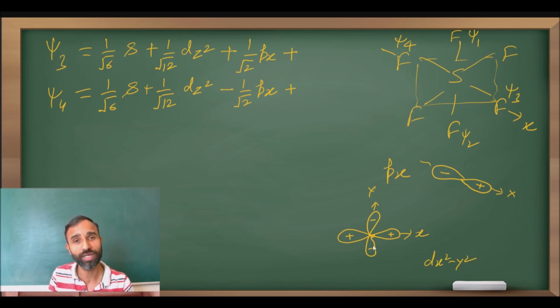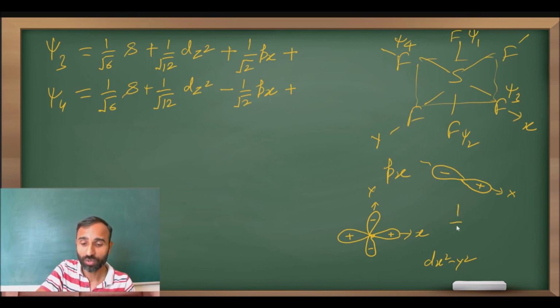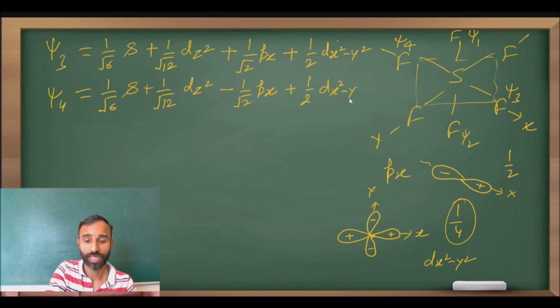dx² − y² का जो कंट्रीब्यूशन होगा वो माइनस होगा, है ना। तो अब इसका कोएफिशिएंट, ये एक ऑर्बिटल है और कितनों में डिवाइड हो रहा है, चार में। देखो, x एक्सिस पे तो जाएंगे इनके लोब्स, और y एक्सिस के ऊपर भी जाएंगे, इसका मतलब चार में डिवाइड होगा एक ही, तो कितना कंट्रीब्यूशन हुआ, 1/4 का। हाफ था, तो 1/4 मतलब कोएफिशिएंट क्या हो गया, 1/√4 मींस 1/2, तो 1/2 ऑफ dx² − y², 1/2 ऑफ dx² − y², तो ये हो गए psi3 एंड psi4।